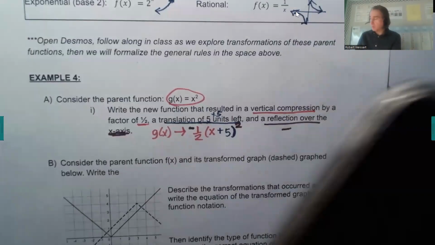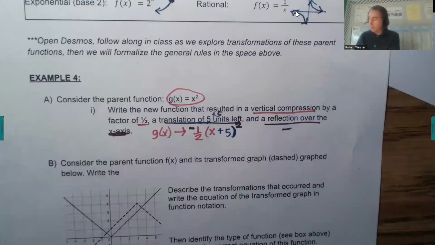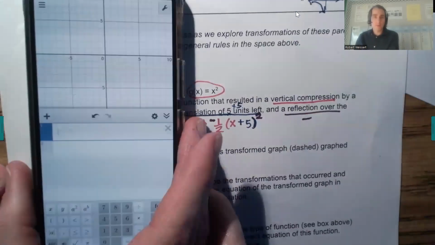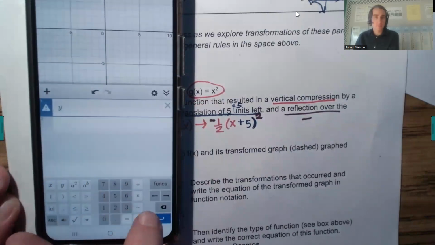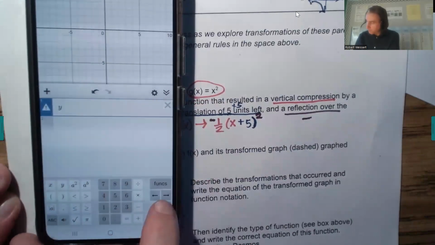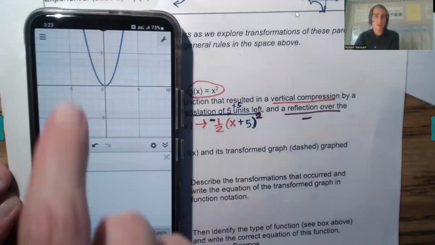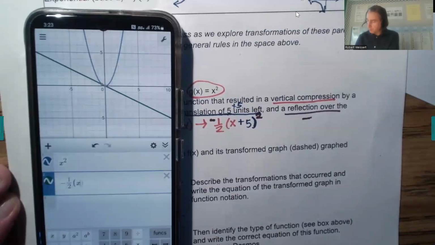So put that in Desmos. What we'll first write is our original function. So I'm going to put x squared. You can just hit x. Clear that up. And hit the x squared button. And you can see it's a quadratic. That's the parent function. Now, if I go over here, I'm going to type negative 1 divided by 2. That's the 1/2. Go to the right here, and I'm going to do parentheses x plus 5,